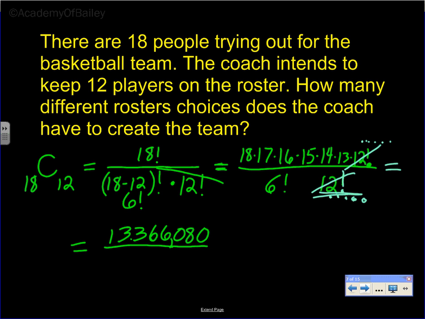And what number is that? 13,366,080. And on the bottom, 6 factorial. 6 factorial is going to be 720. So now we just take those two numbers and divide them out. You should get